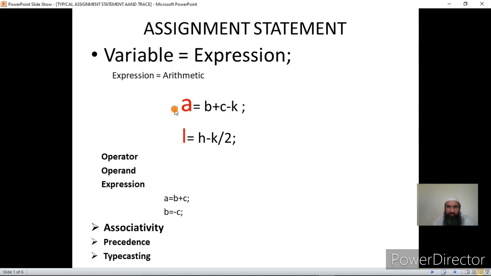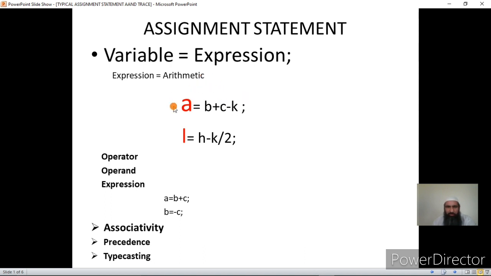If you see this assignment statement, it has got two parts. One is a LHS part and one is a RHS part. It is strictly guided by the syntax that LHS part should be a single variable. Though in mathematics it's not like that, in C you have to write it as a single variable, and RHS part has to be an expression or a value. Now this expression actually will be computed by the CPU and the operations will be done in the ALU and the result will be assigned to the A.